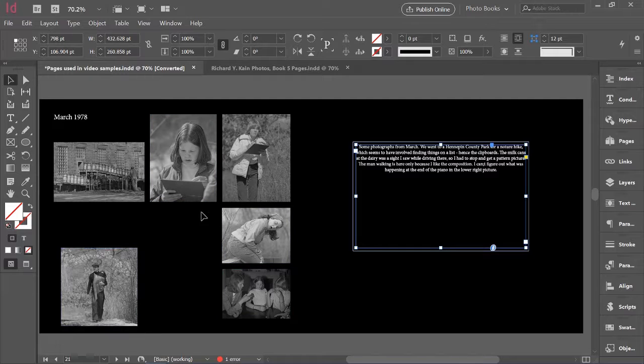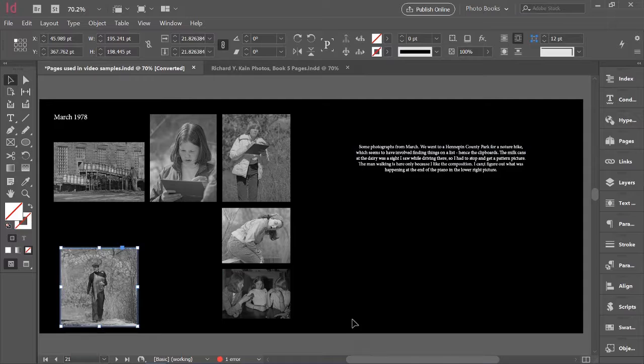the top edge of the walking man with the top edge of the girl brushing her hair, and the bottom end of the walking man, bottom edge of the walking man, with the bottom edge of the picture of the people at the end of the piano. So let's do that. So we go back over here and choose that, and now we activate our general script